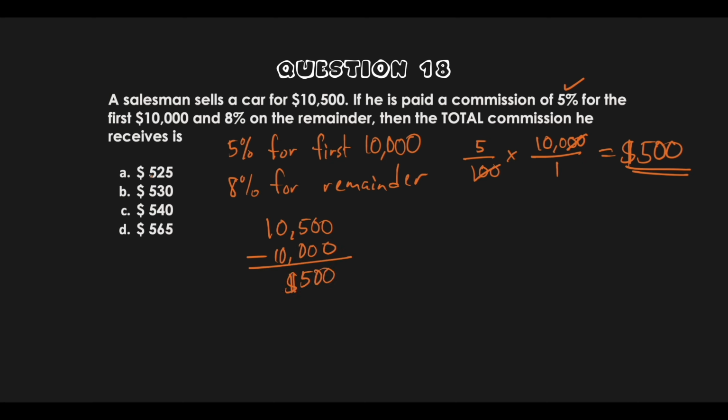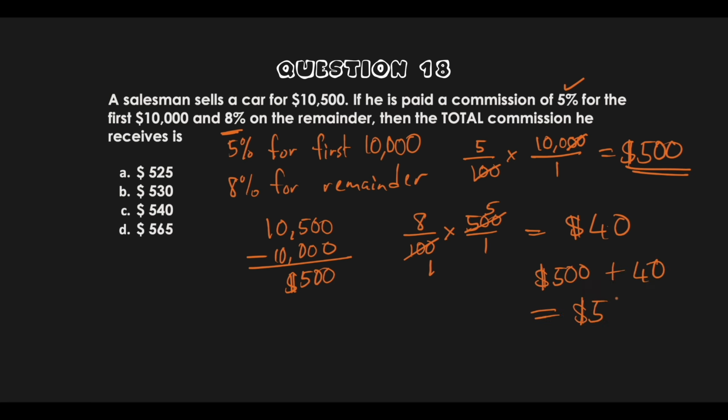So the extra $500, we now have to find 8% of that. So in order to do that, we say 8 over 100 multiplied by 500 over 1. So 100 in itself goes once. 100 into 500 goes 5 times. So we're left with 8 times 5, which is $40. So now we can add these two up and we're going to get 500 plus 40, which is equal to $540. So our answer is